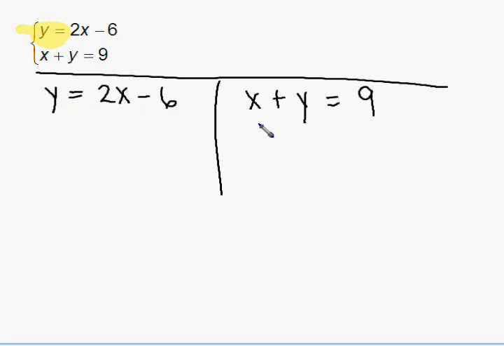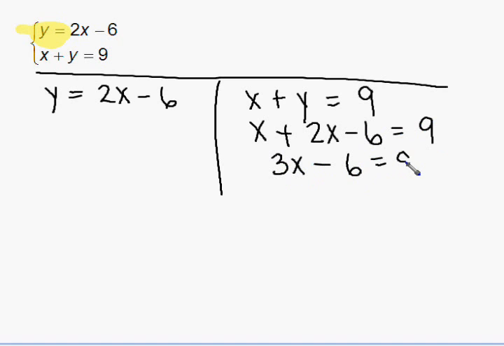Now because our first equation reads y equals, that's telling us that y can be replaced by 2x minus 6. So we go over to the other equation and make that substitution. Y can be replaced by 2x minus 6. Combining like terms, we get that 3x minus 6 is equal to 9. Add 6 to both sides, 3x equals 15, and divide both sides by 3, and we get that x is